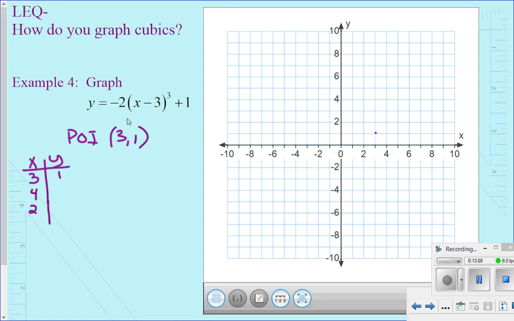So 4 minus 3 is 1, cubed is 1, 1 times -2 is -2, -2 plus 1 is -1. Substituting in 2, 2 minus 3 is -1, -1 cubed is -1, -1 times -2 is +2, and 2 plus 1 is 3. So let me plot those points. So 4, -1 right there, and 2, 3 right there. So I can see it does look a little bit skinnier,